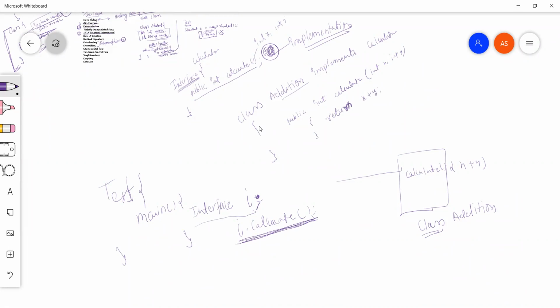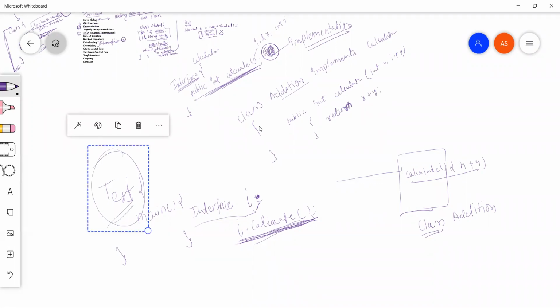But there is nothing inside this calculate method, right? So how is it going to work? It will call this calculate method, but how will it calculate? These details are not exposed to this Test class.